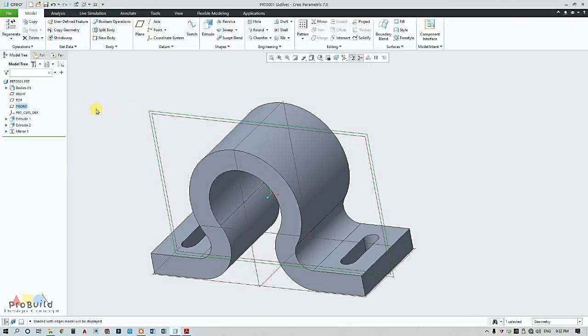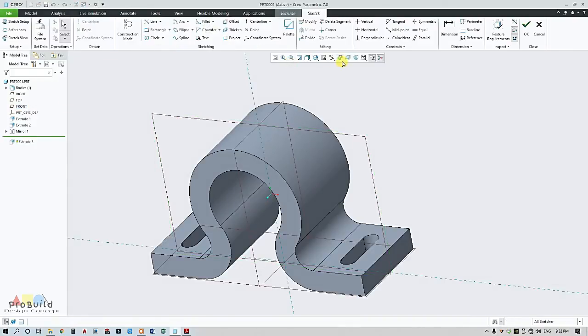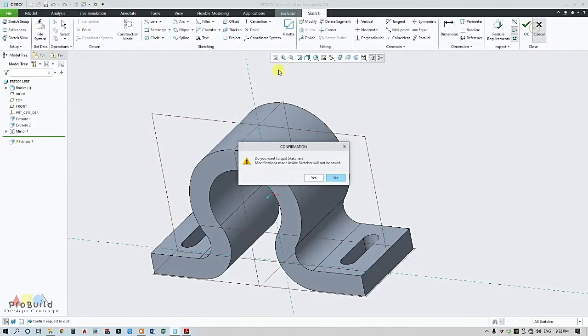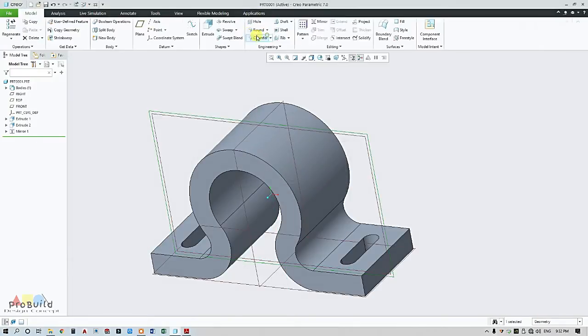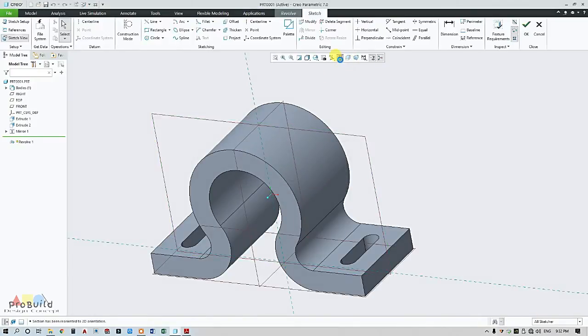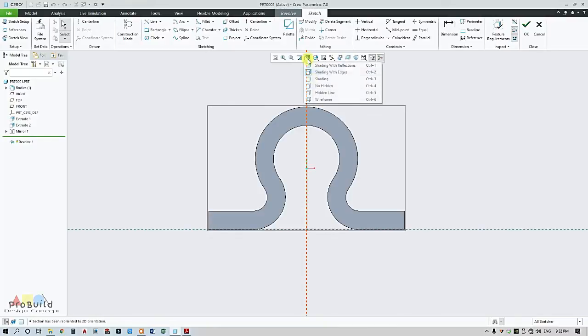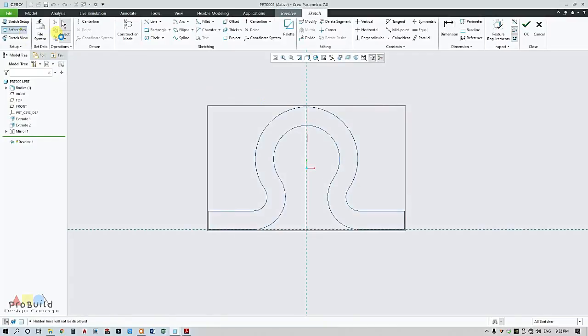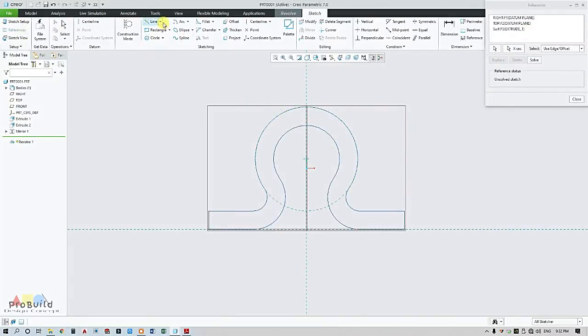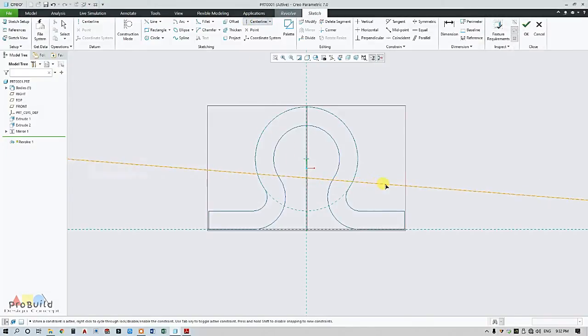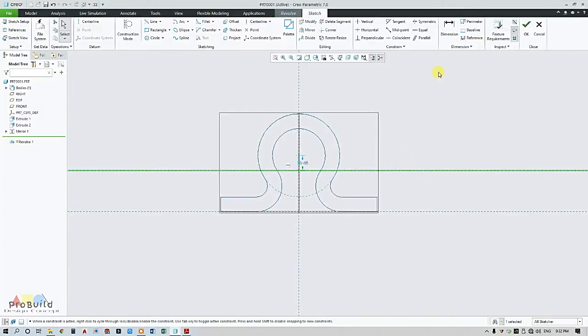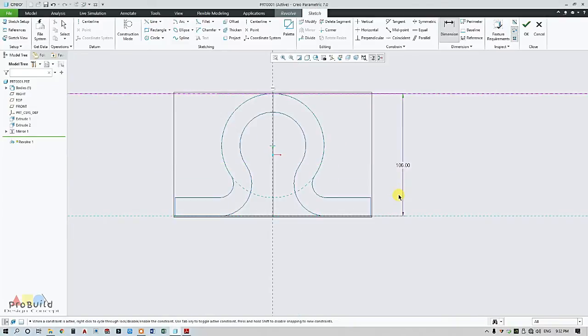So I shall choose this plane, front plane, go for extrude, go for revolve and go to 2D sketch. Now I'm going to change this plane, take this reference, draw a center line, and the distance between this horizontal and this center line is going to be 106.